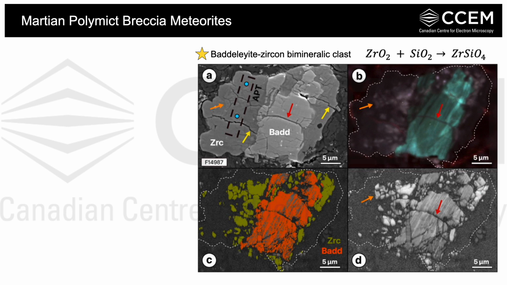So taking a closer look at the baddeleyite zircon clast, the baddeleyite core is surrounded by an approximately 15 micrometer wide reaction rim of metamorphic zircon. And this rim is characterized by smooth embayments into the baddeleyite, as well as a zircon-filled fracture cutting across the baddeleyite. Focusing on the baddeleyite core, we see a blue-green CL emission, which is typical for igneous baddeleyite, and we see this elemental zoning in most of the ancient baddeleyite grains within this sample. So it fits the population of grains that we see.